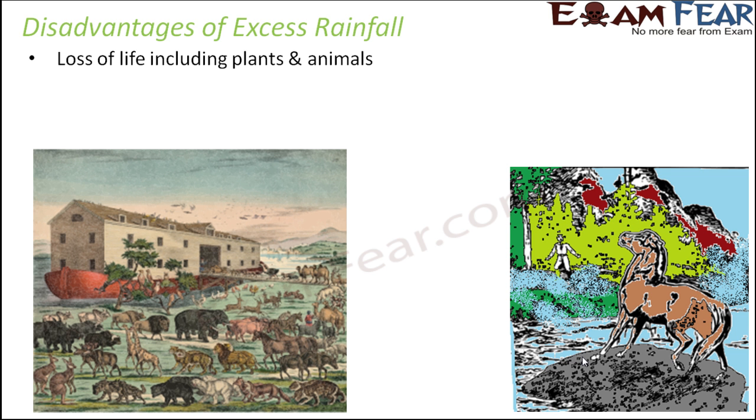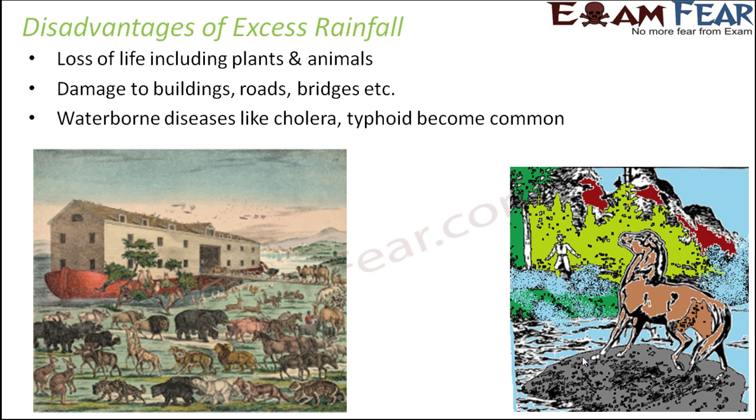When there is so much water everywhere that houses get damaged, properties flow away with the water, animals die, human beings die. There is huge loss of life, including both plants and animals. Houses are broken, people become homeless, so many organisms lose their habitat. There is huge damage to buildings, roads, bridges. All the transport system gets destroyed, the communication systems get destroyed, the telephone wires and all the cables, everything gets messed up when there is too much rainfall.